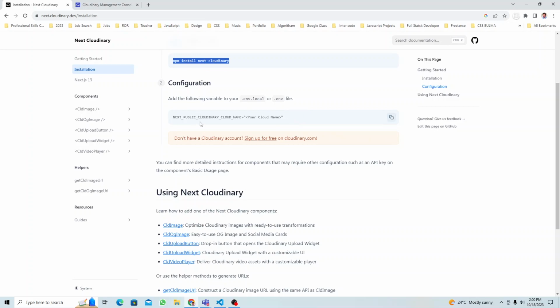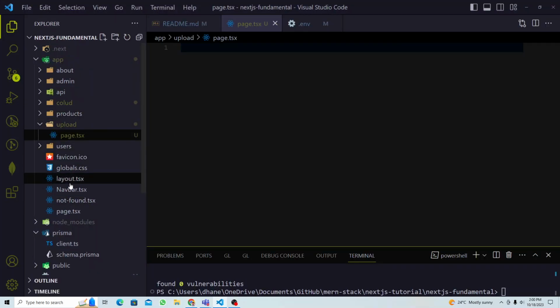Okay, so we have to add this key to our environment variable, correct? So let's copy this. I mean, first one was install, then add this key, right? So let's do that. So in the environment variable,